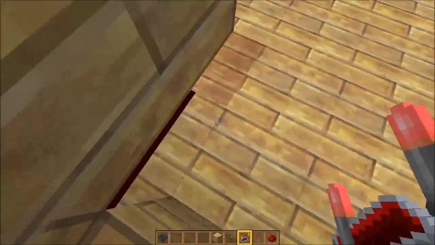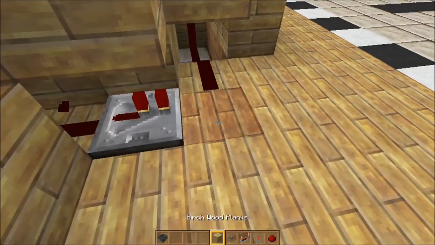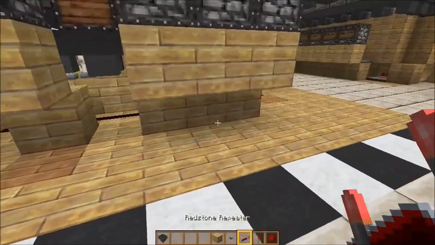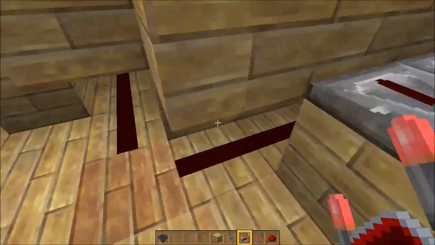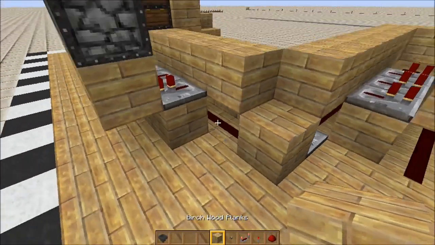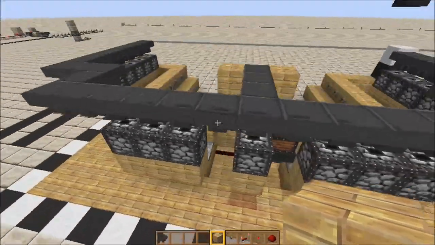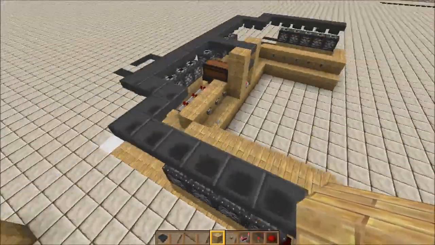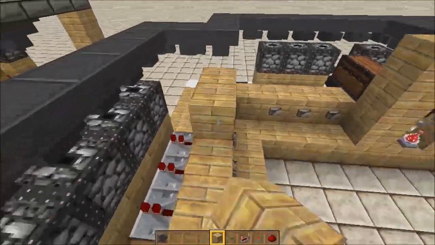So right here, we want to delete this redstone and put a repeater with a block, and that's what makes this actually expandable. Without that repeater there, it would only go halfway. So there we go. It also isolates it so it doesn't update anything. For instance, it won't update this bottom. So now it's just a matter of just filling in this area,